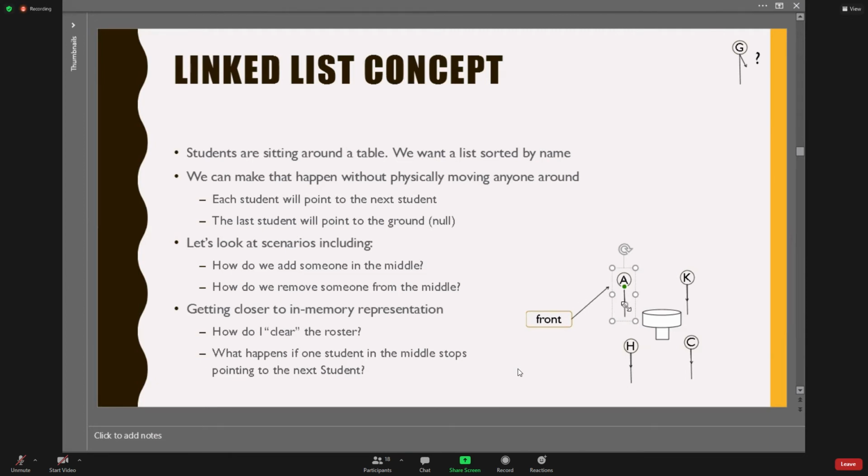To student C. Needs to point to student C. So student A says, oh yeah, that's the next one, right? After me comes that one, comes this C person. And then C needs to point to